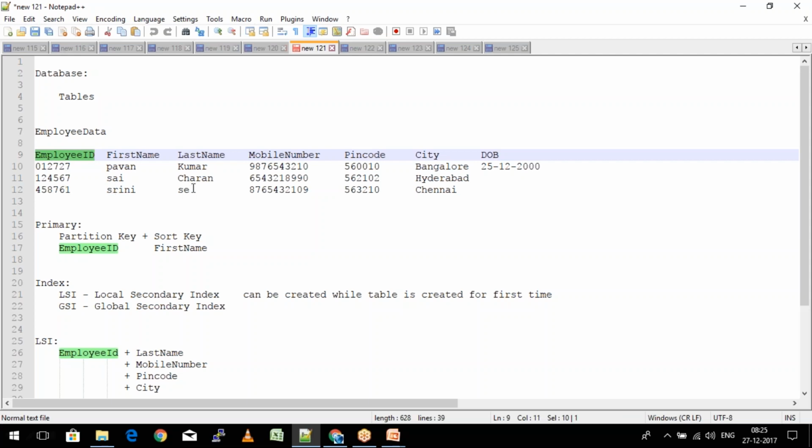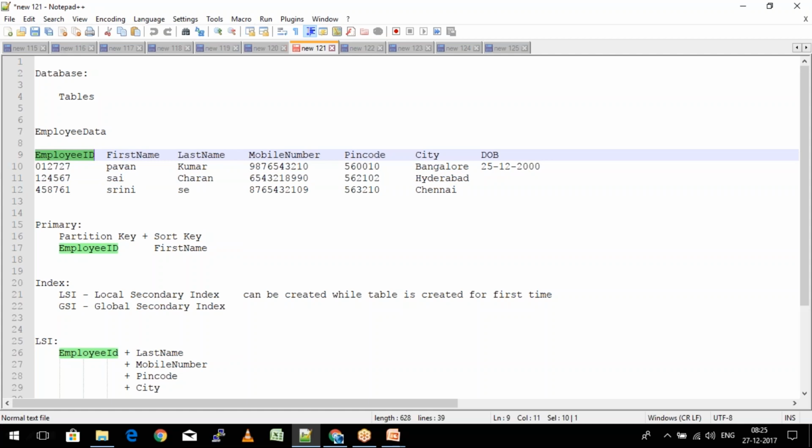Let's say I want to find a person named Sai. I can have many people named Sai in my company, but with the employee ID I can uniquely identify the employee number 124567. If I want the details, it clearly says what it is about Sai, what his phone number is, where he resides, and which pin code he is from. So I'll be able to easily and uniquely identify using the employee ID. So employee ID would be called the primary key in this table.